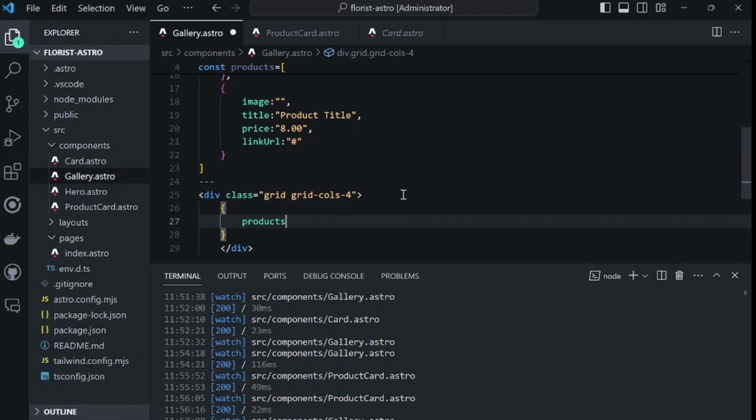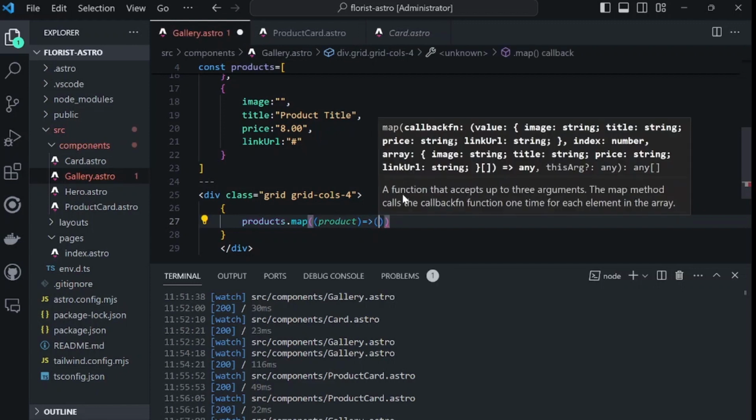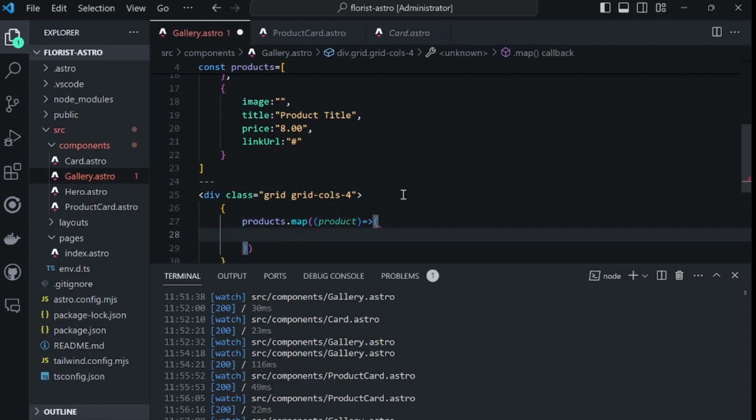So products.map, and we can call it product, and we will say ProductCard,